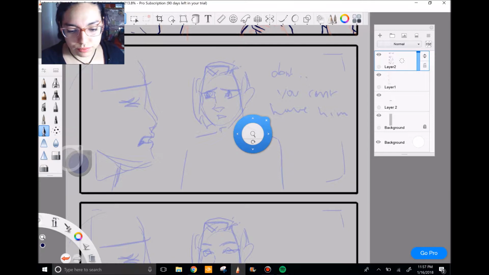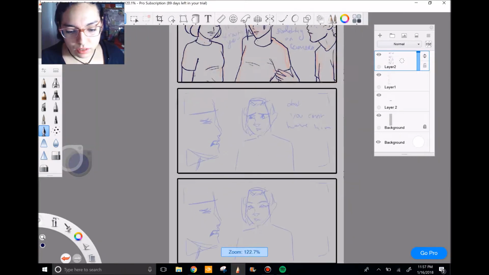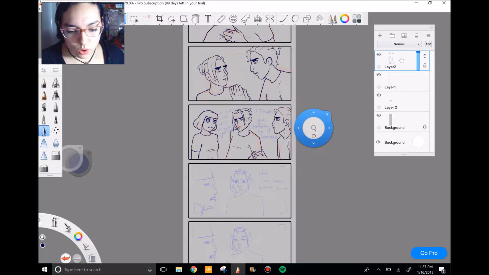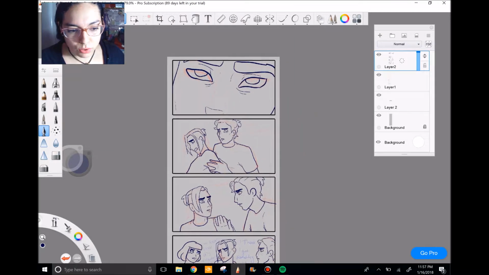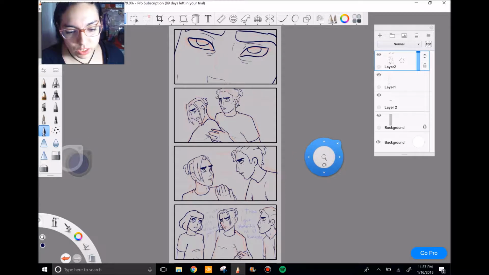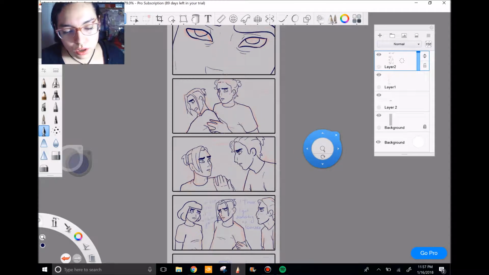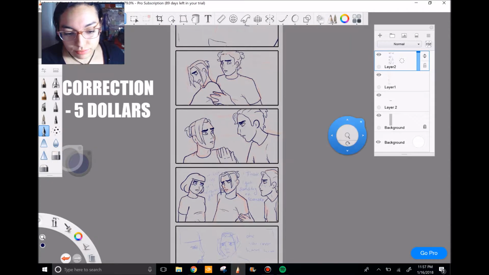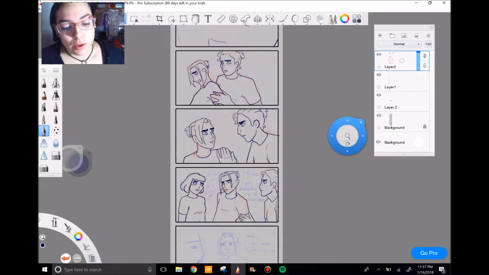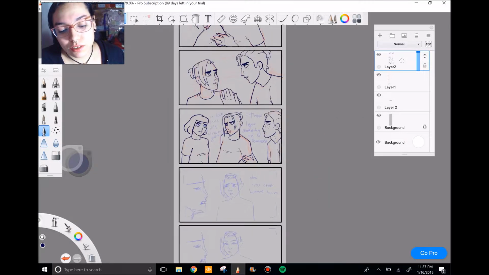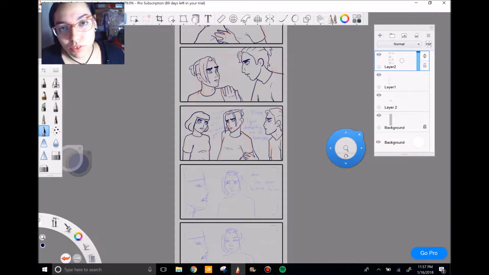Come on, pen. There we go. So I use Autodesk Sketchbook Pro. I do pay for it. It's about $15 a month. It took me a little while to get used to it because I used to use Photoshop, but I lost it and I don't really want to pay $24 for it every month or whatever it is. Eventually I'm gonna have to, but anyway,